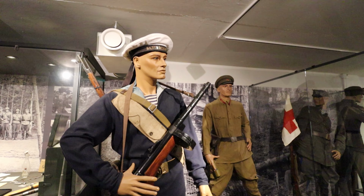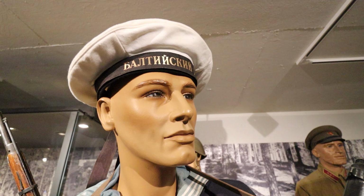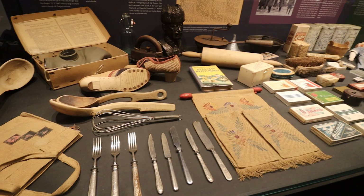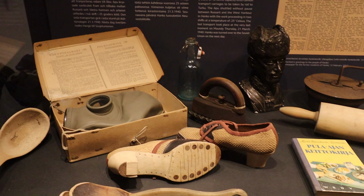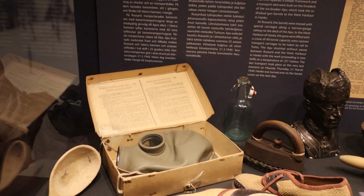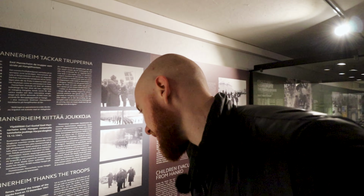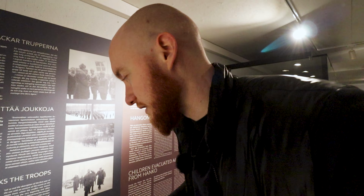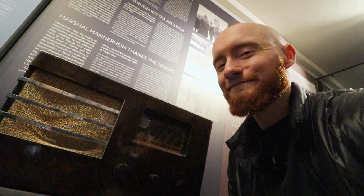A Soviet Navy soldier. Some old cutlery, some wooden shoes, a gas mask? Yeah, a gas mask. Let's see. It's the speech of the Swedish volunteers at the Hanko front by Marshal Mannerheim. We're entering now a different part of the...